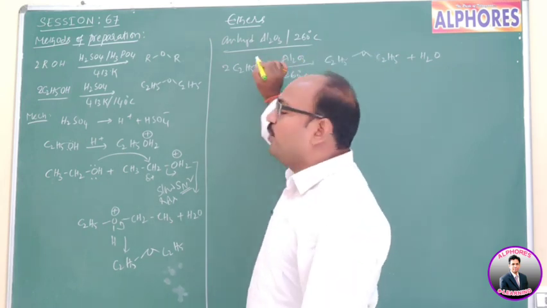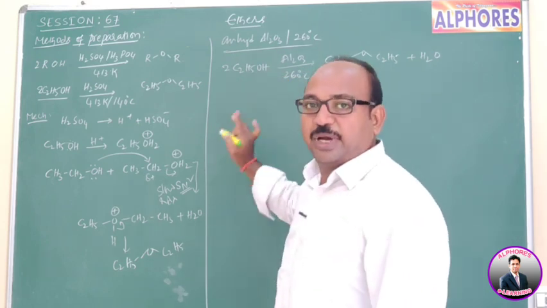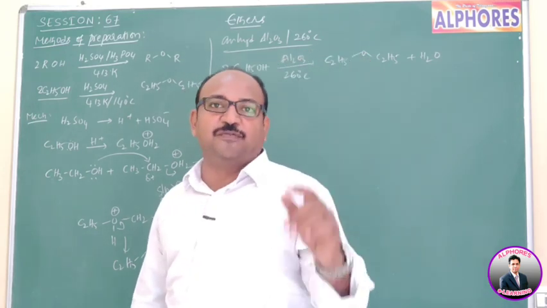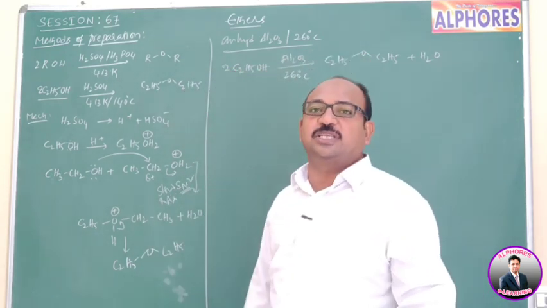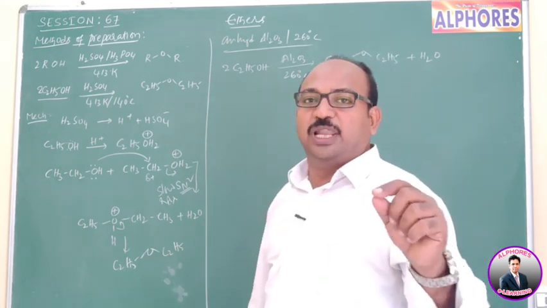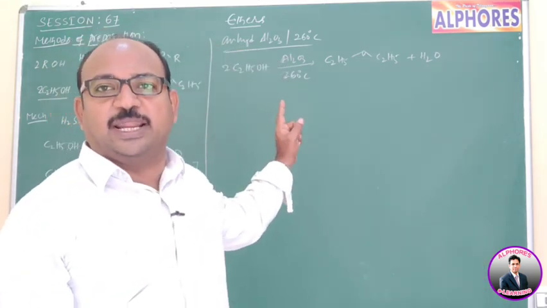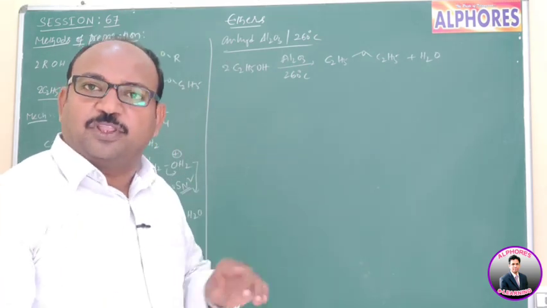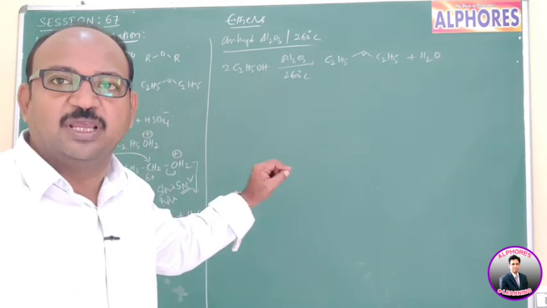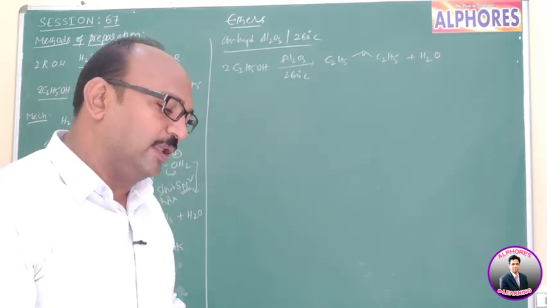That means when we are using alcohol, here you are getting ether. But if you increase the temperature from 260 to 350 degrees Celsius, then there will be formation of ethene as product. But at 260 degrees Celsius, we are getting only ether. That means when we are using anhydrous Al2O3, without formation of any carbocation, there are no rearrangements and no ring expansion. We are getting one product only.